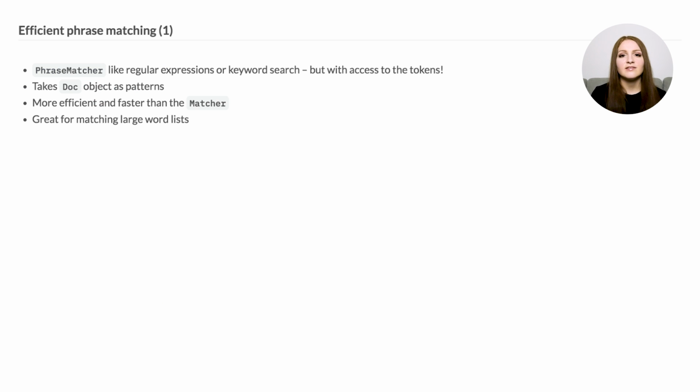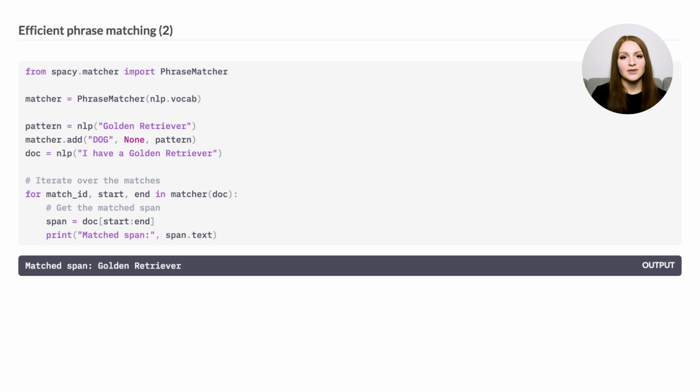The phrase matcher is another helpful tool to find sequences of words in your data. It performs a keyword search on the document, but instead of only finding strings, it gives you direct access to the tokens in context. It takes doc objects as patterns. It's also really fast. This makes it very useful for matching large dictionaries and word lists on large volumes of text. Here's an example. The phrase matcher can be imported from spacy.matcher and follows the same API as the regular